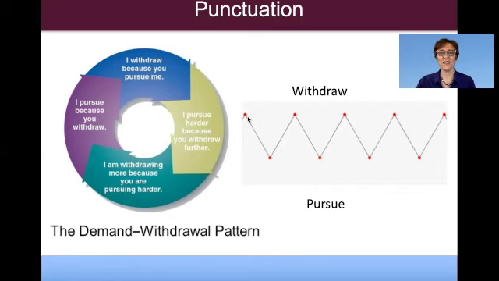So what this line represents is just an ongoing series of interactions. But what the little red dot represents is the punctuation, what each one is paying attention to. That happens in language, that people punctuate the stream of language in different ways, not only with the symbols of punctuation like periods and question marks, but in terms of what they pay attention to when there's an interaction.